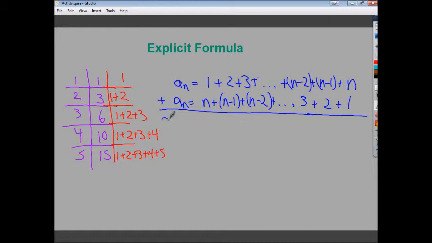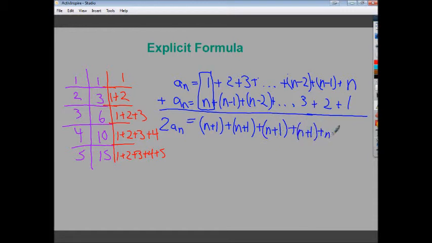And when they did that, they got 2 of them, of course, because they're going to have to divide by 2. It's an average. So they looked at each one of these, n plus 1. And then they looked at 2 plus n minus 1. Well, 2 minus 1 is 1. And 3 plus n minus 2, well, 3 minus 2 is 1. And they found out, incidentally enough, that the next few were n plus 1 as well. Now,